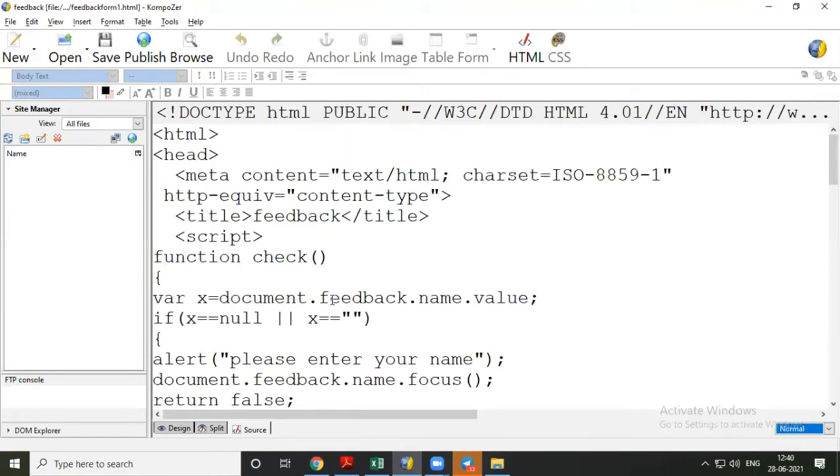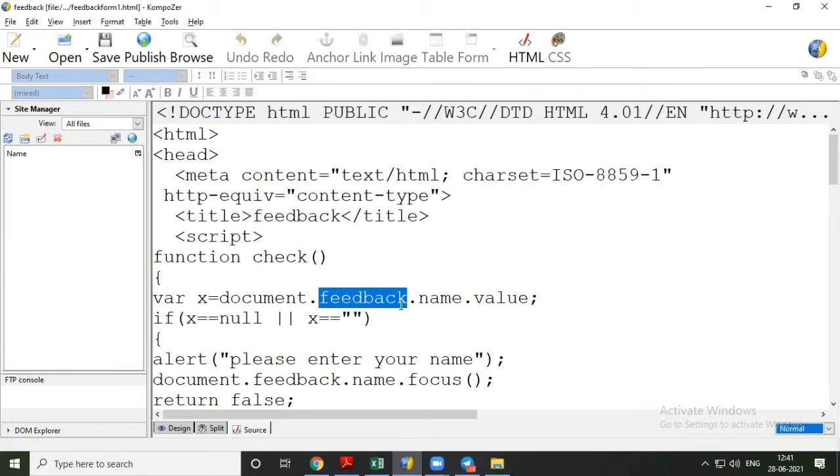So this is feedback. And the first thing, that is document, that is your whole HTML file. This one, feedback form 1.html. But here we are not going to write feedback form 1, but we are writing document. That means this document, in this document there is one section called feedback. Okay, this name we have given to the form that we have created here.